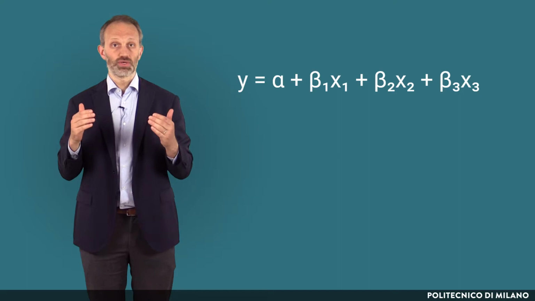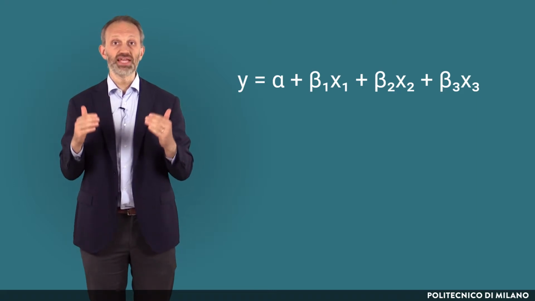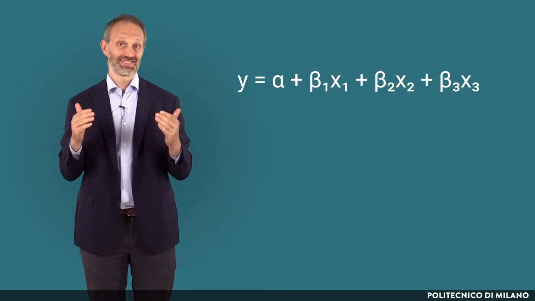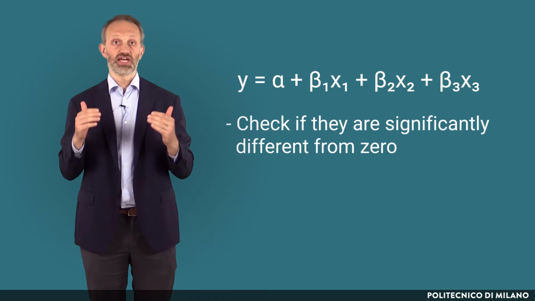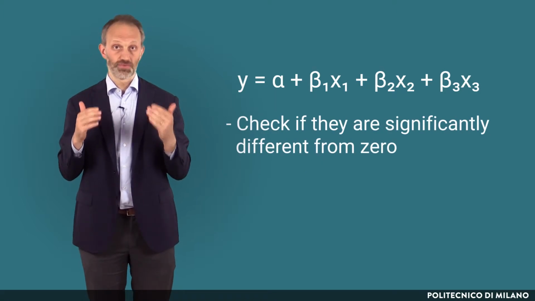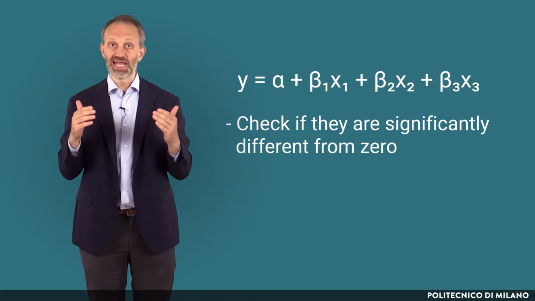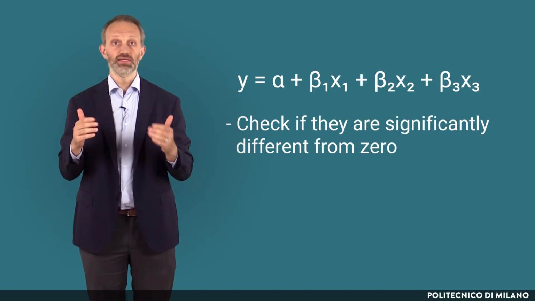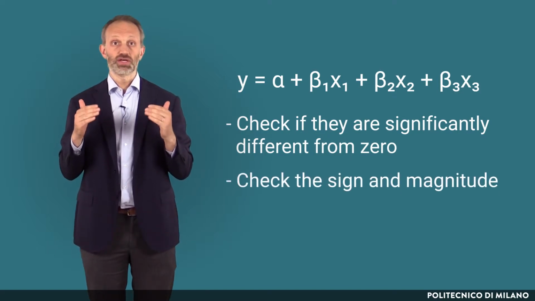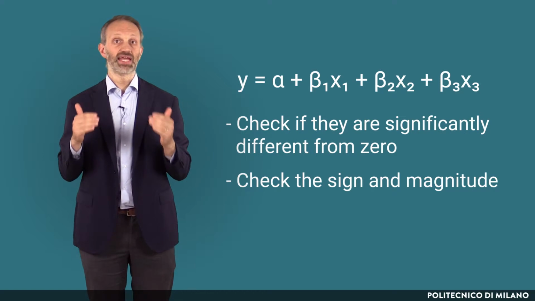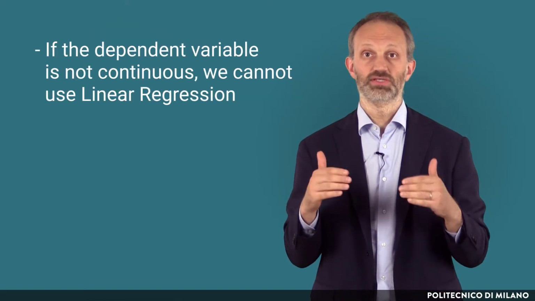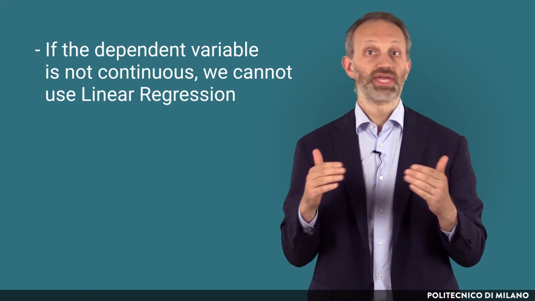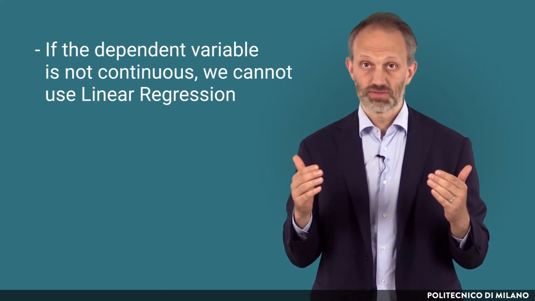Then we need to look at the coefficients of the independent variables, the betas, to check if they are significantly different from zero by looking at the p-value as usual, and in case they are significant, we are interested in their sign and magnitude. In case the dependent variable is not continuous, we cannot use linear regression, but we should